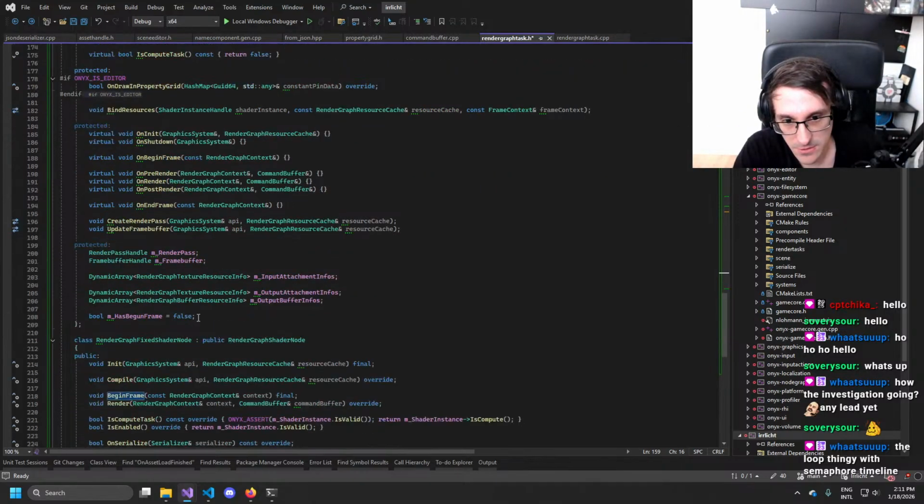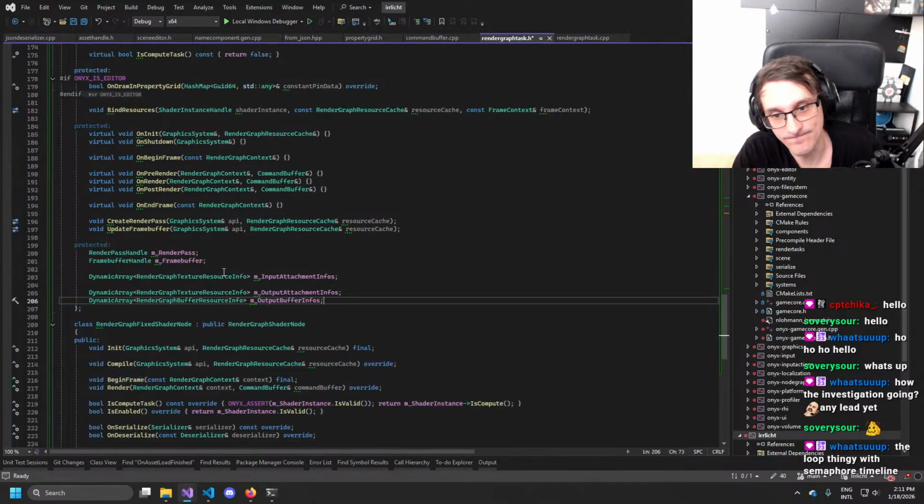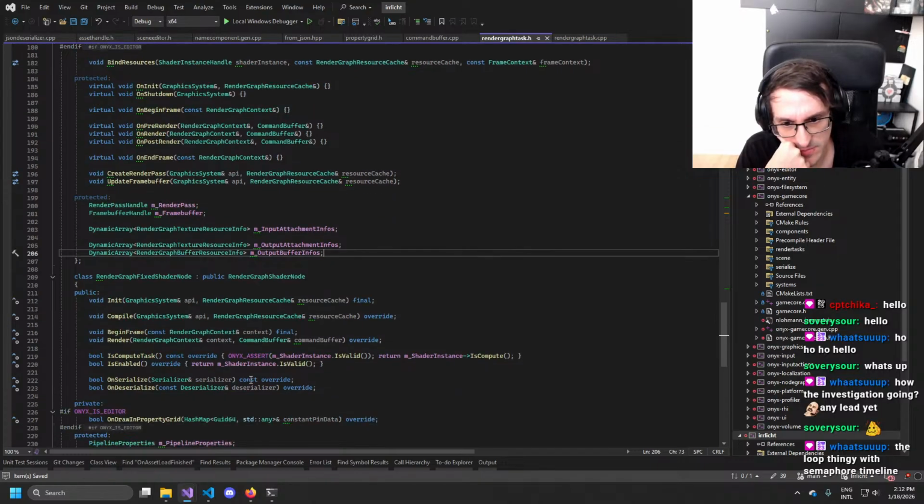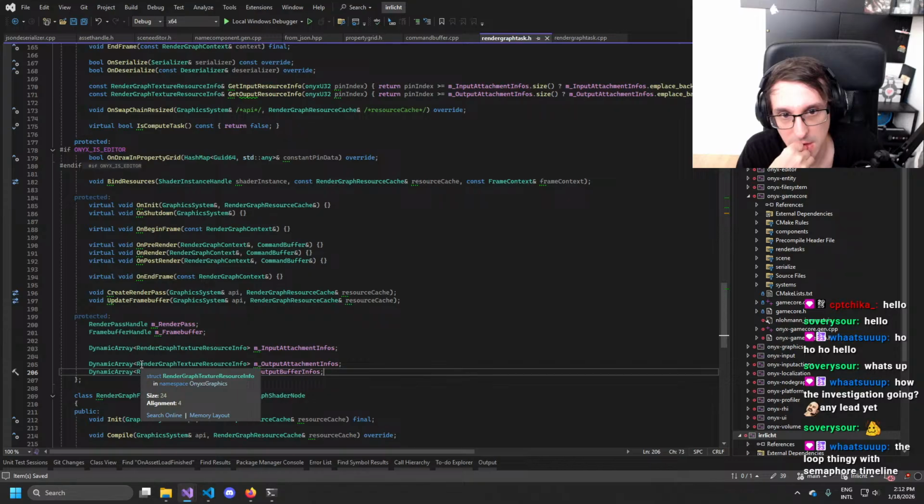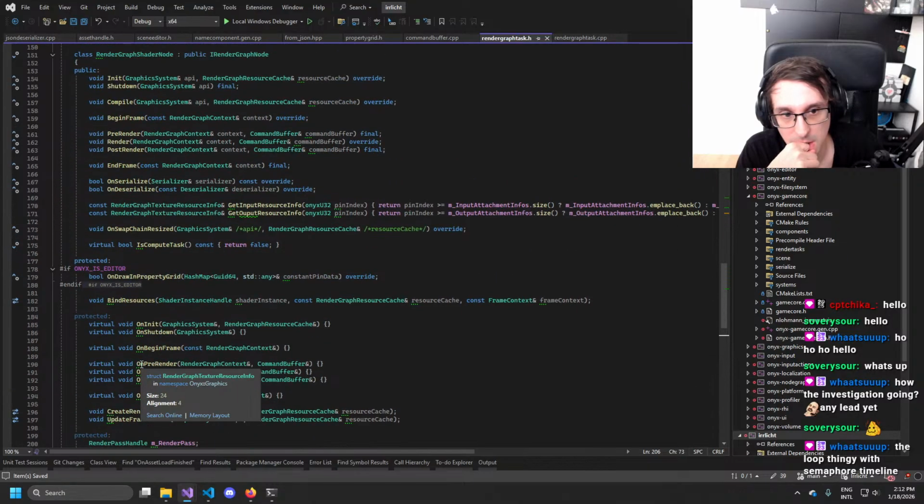Okay, maybe not. Hold on. How do I solve that? That the shader finishes loading during the frame.